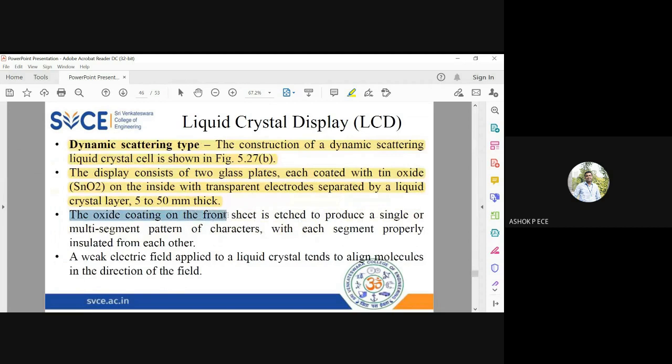The oxide coating is etched to produce a single or multiple pattern of characters, with each segment properly insulated from each other. If you apply a weak electric field to these liquid crystals, the crystal molecules will align themselves to the direction of the